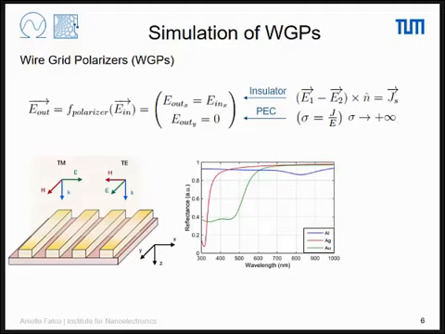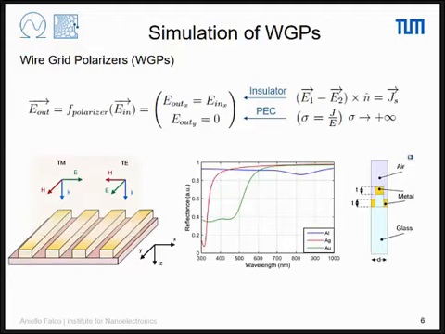I finish with just a short remark on the structure we're really going to consider. It's not this very simple grid polarizer we see here, but this other structure over there. That's a bilayer grid polarizer. Just imagine we have two of them, one over the other. It's not exactly like putting two of them together in series because they are at a distance which is below the wavelength, so there will be some interference. Actually, there is some Fabry-Perot resonance,